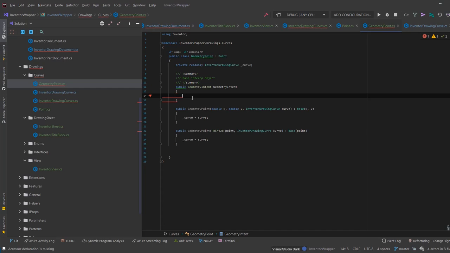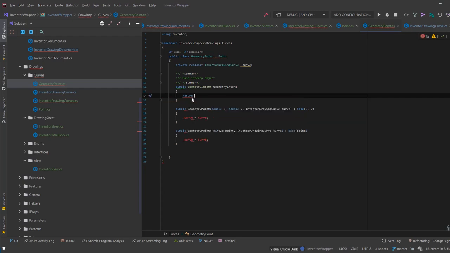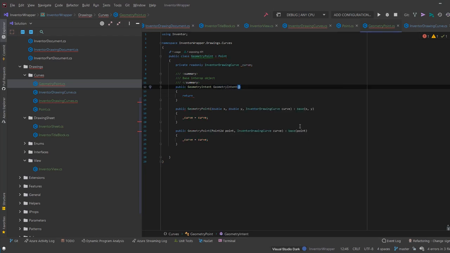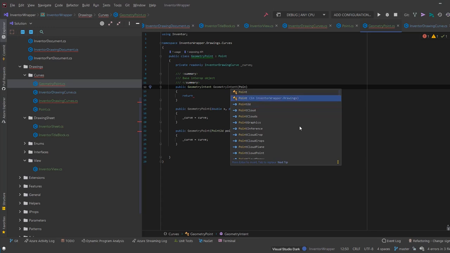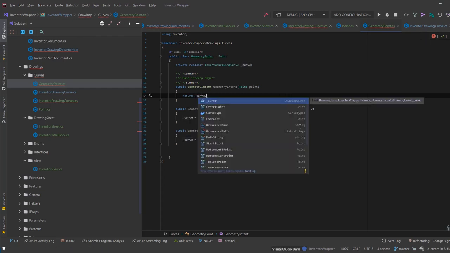So when we create the geometry intent, we're going to say return, and we need to pass it a point. So we're going to return, so let's say our curve dot